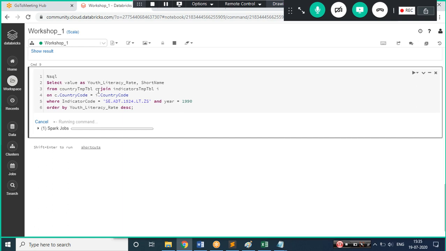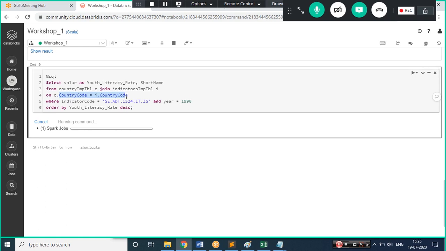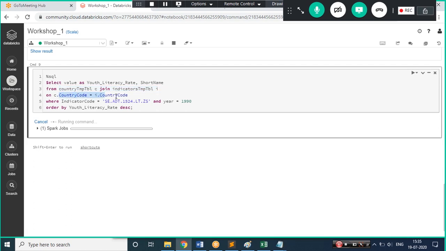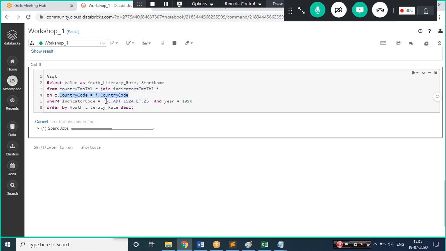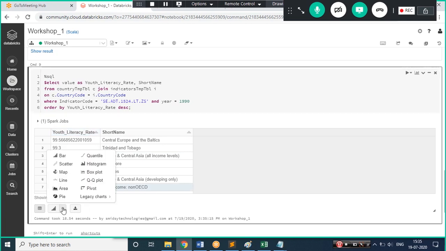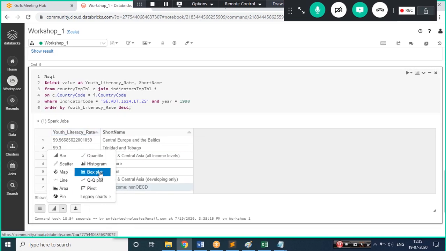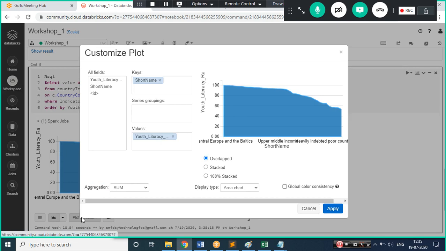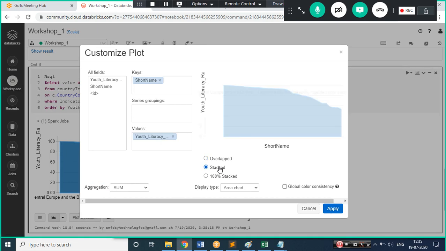So on the basis of the two tables which I have created, I'm trying to apply a simple join, which is nothing but your normal join. So I'm trying to find out the matching data set on the country code. Okay, so this is the indicator code for that. If I want to cast it and round it, I can do that also. As of now, I'm pretty much happy. And here you can just plot whatever you want to plot, like let's go for area, and let me plot this into stacked.